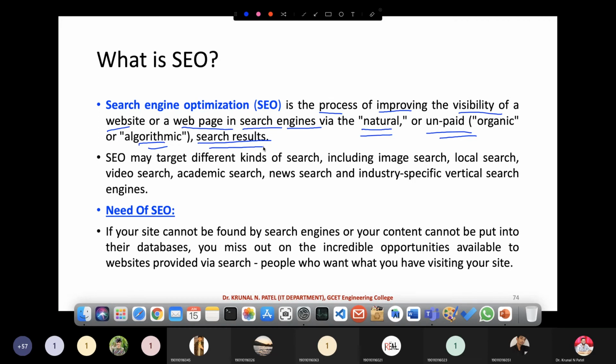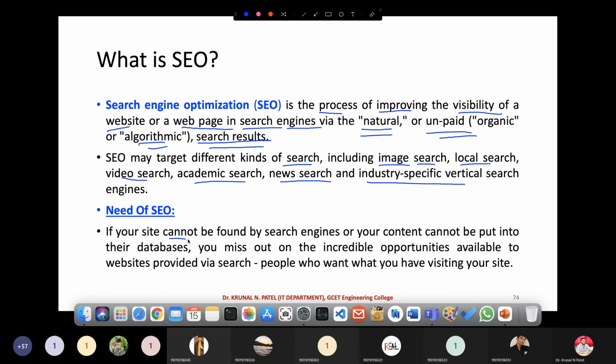SEO may target different kinds of search, including image search, local search, video search, academic, news search, and industry-specific search. So there are different targets. What is the need?